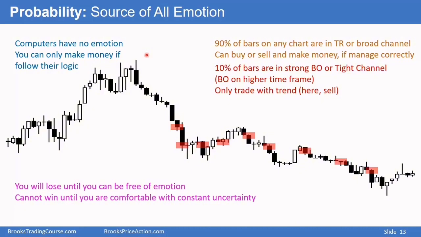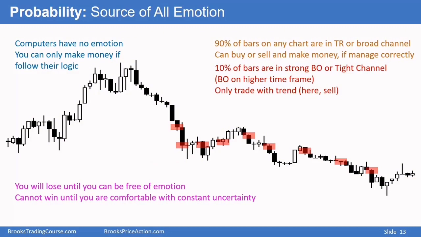Beginners usually lose until they can get free of emotions. It's very difficult to win until you're comfortable with constant uncertainty. And 90% of the bars on the chart, you are going to be uncertain. 10% of the bars on the chart, you look at it and say, oh yeah, 60, 70, 80% were going lower. But the rest of the time, 90% of the bars on the chart, you're never more certain than 60%,